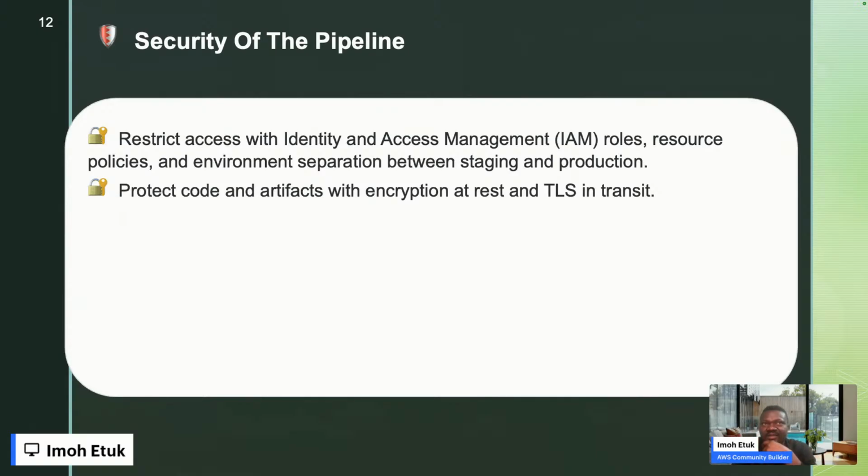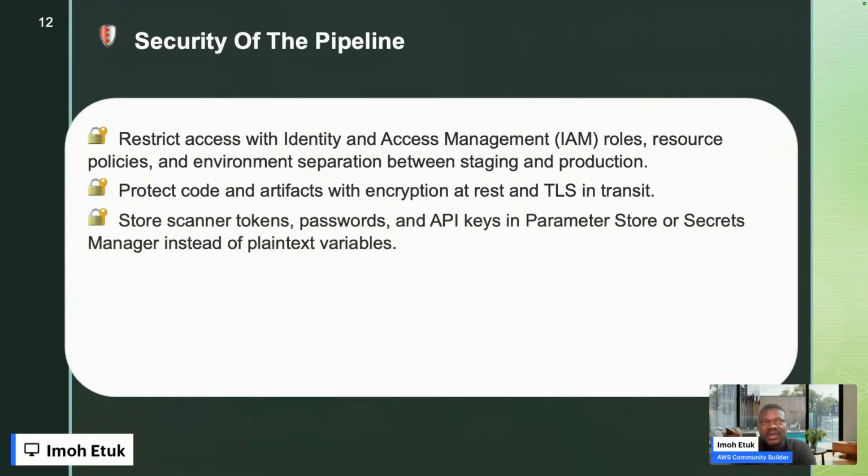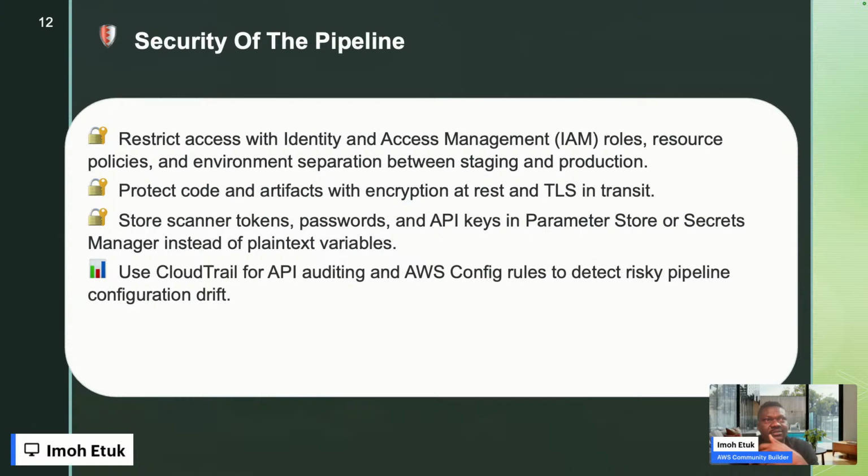So protect code and artifacts with encryption at rest, and then TLS in transit. Never promote HTTP over HTTPS. Store scanner tokens, passwords, and API keys in Parameter Store or AWS Secrets Manager instead of plain text variables. Secrets Manager and Parameter Store are AWS services for you to handle secrets and configuration securely in your code. The other one is also to use CloudTrail for API auditing and AWS Config rules to detect